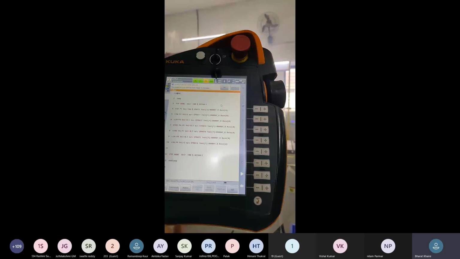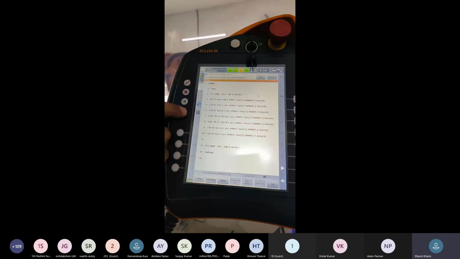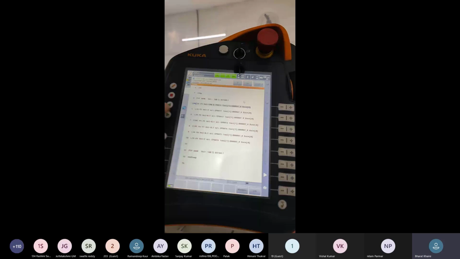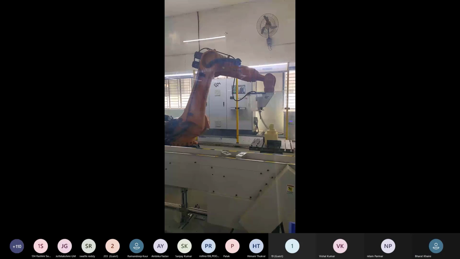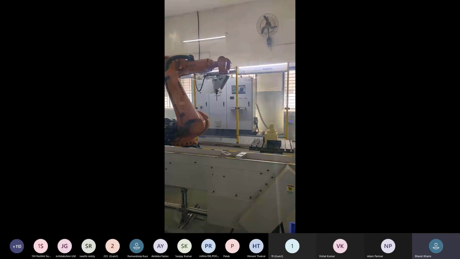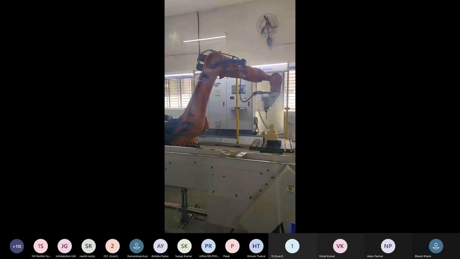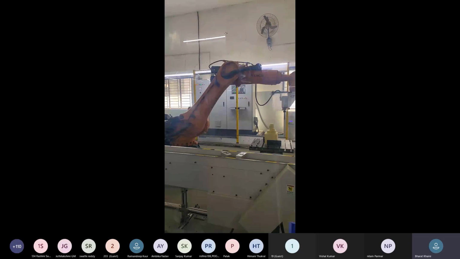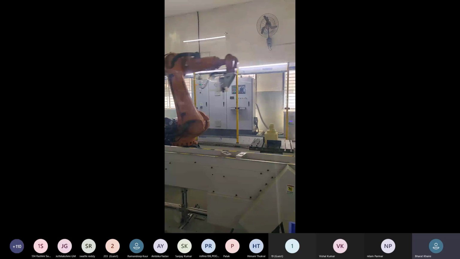So we are giving here one play button to start the program. The program continually starts and it will repeat infinitely. Okay, so we can make a program in manual mode.